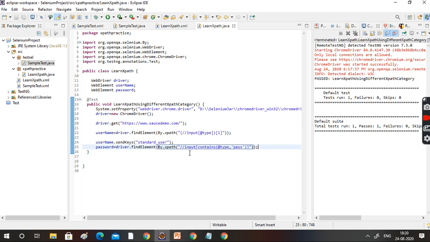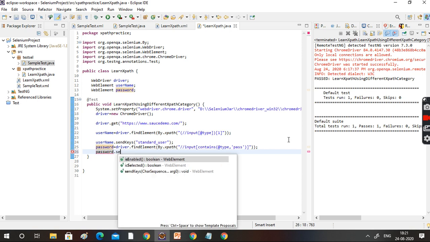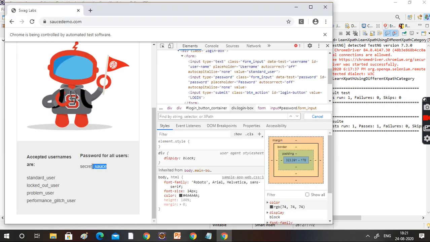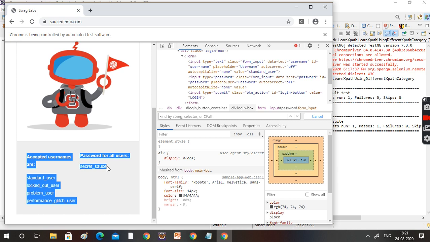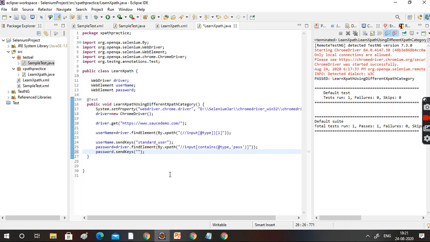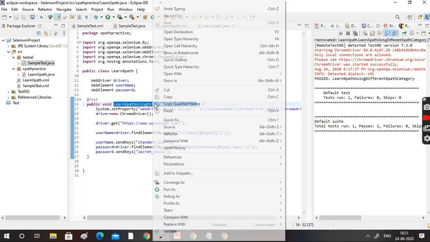Now I identified the password web element, right? Now we'll test it. password dot sendKeys. What is the password I have? secret_sauce, right? Take this. Okay, now let's run the program.